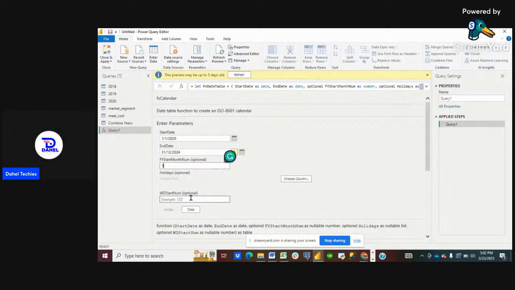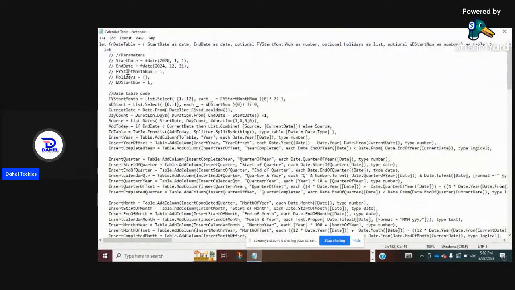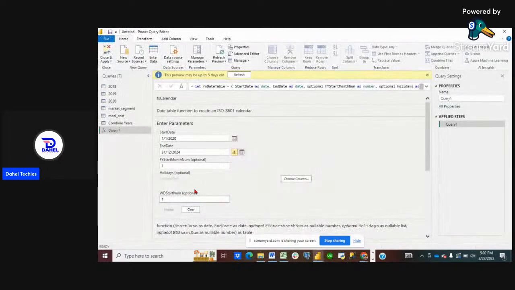The WD start number is 1. So if you come and confirm that, you can see the financial start month number is 1. Holidays is optional, of course. The weekday start number is 1. And then that's the code, right? So when you're done,